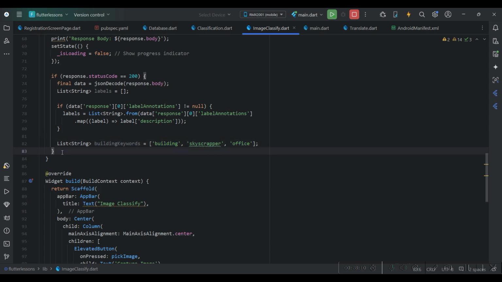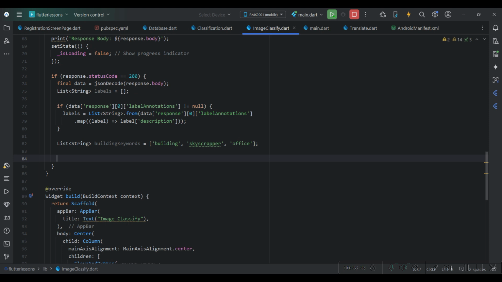You can simply do that, because the API will return so much data here. Now, checking for the specific terms, what exactly are we going to check? Specific terms in the sense of what exactly we are looking for. So bool has building, okay, equals to